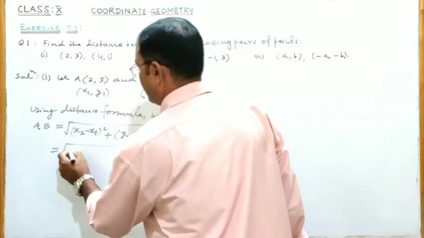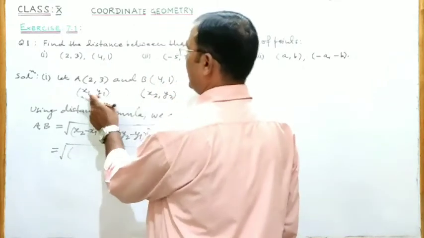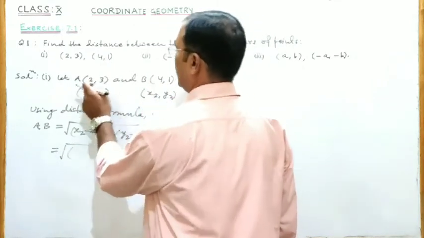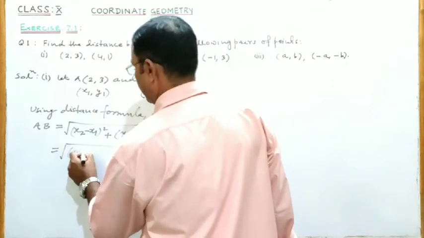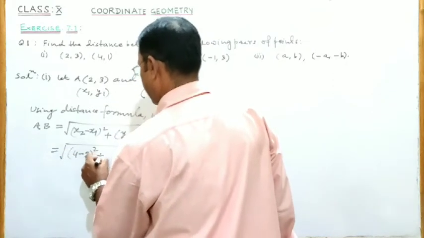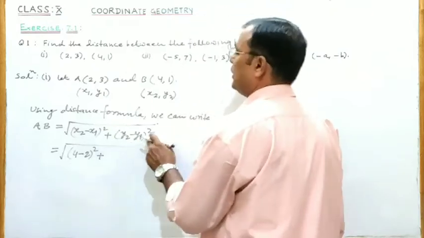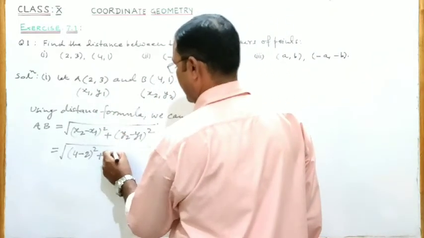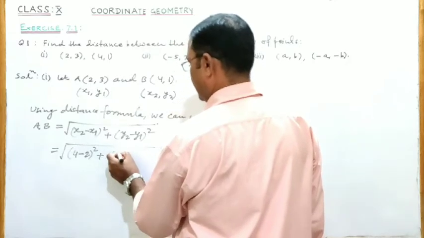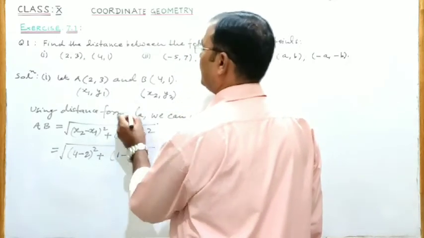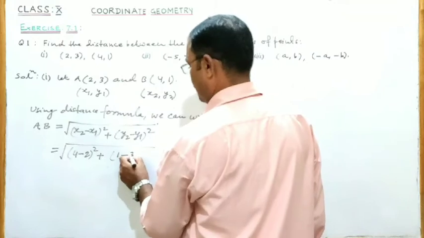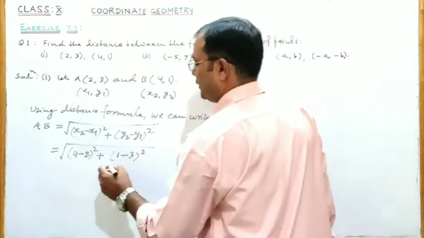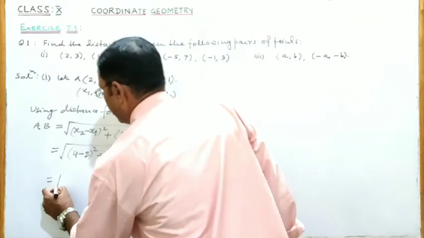This is under root (x2 minus x1), so (4 minus 2) whole square plus (y2 minus y1) whole square, (1 minus 3) whole square. y2 is 1 minus, in the formula y1 is 3. So (1 minus 3) whole square. This is equal to